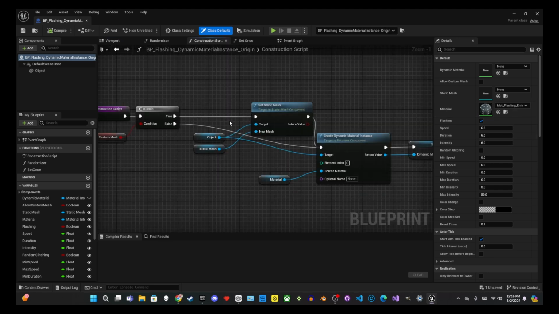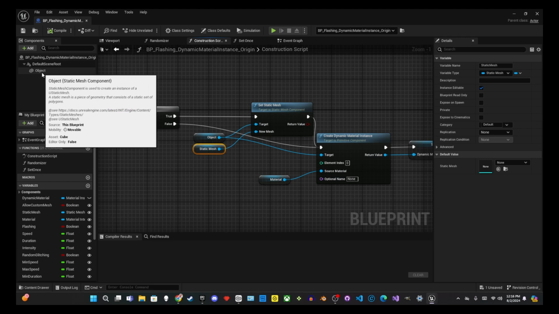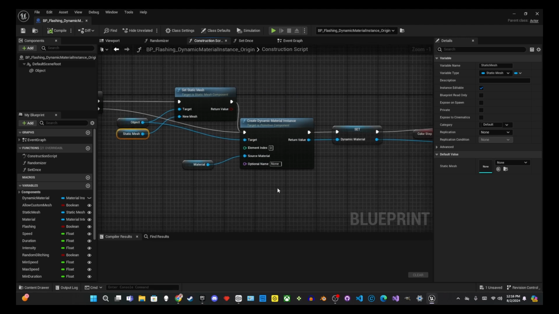Let's say you try it out and turn it on. It'll take an object and whatever you put into this static mesh variable, it'll apply it to this object static mesh component, and then it'll go through here, and then it'll go to this node which says create dynamic material